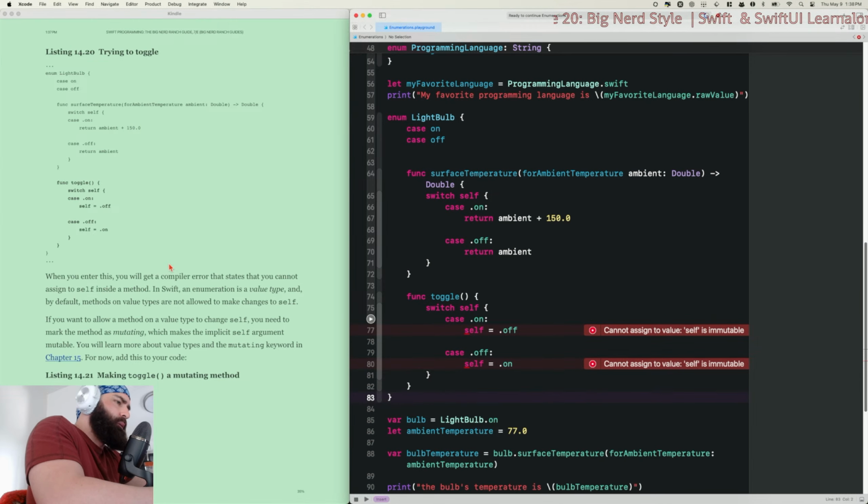Oh, okay. You're supposed to get the error. When you enter this, you will get a compiler error that states you cannot assign to self inside a method.